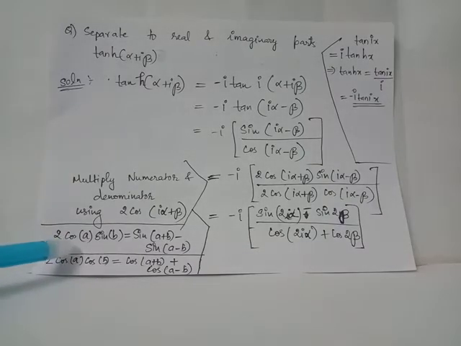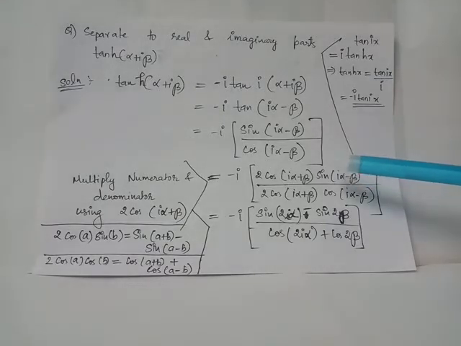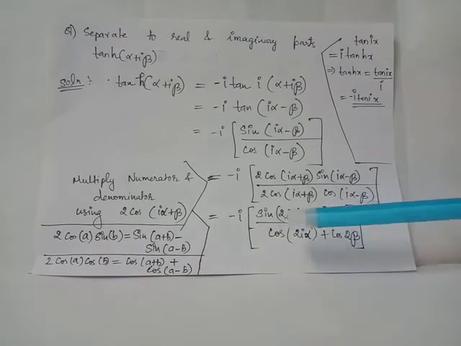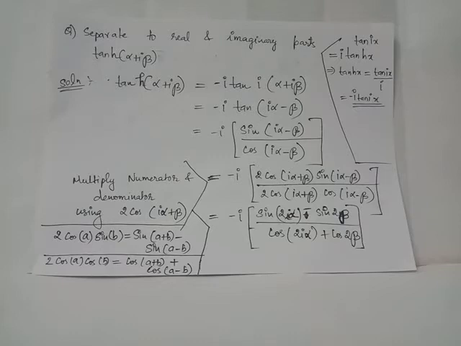2 cos A sin B can be written as sin of A plus B minus sin of A minus B. When this identity is applied in the numerator, treating I alpha plus beta as A and I alpha minus beta as B, we have the numerator rewritten as sin I alpha plus beta plus I alpha minus beta, which is sin of 2I alpha. A minus sign appears in the numerator because of the minus sign in the identity, and the next term is obtained by sin of I alpha plus beta minus I alpha plus beta. Therefore, we obtain the second term in the numerator as sin 2 beta.